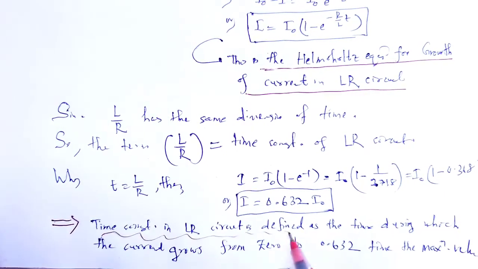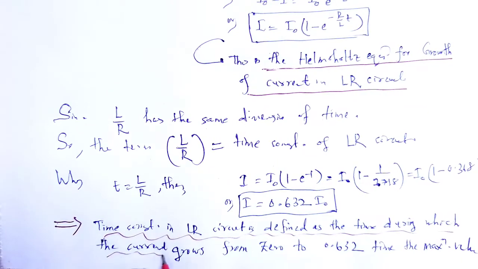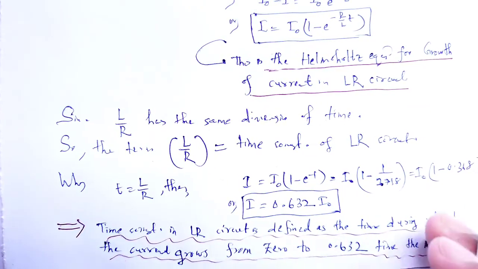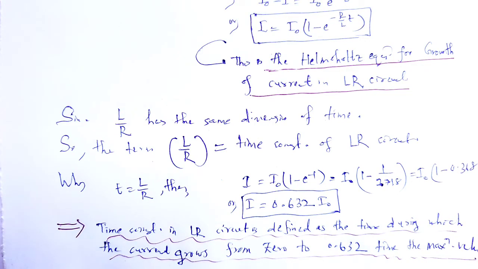Time constant in LR circuit is defined as the time during which the current grows from 0 to this times of the maximum value. This is the first case, that is the growth of current